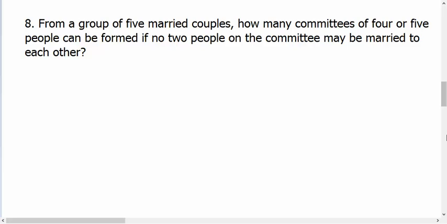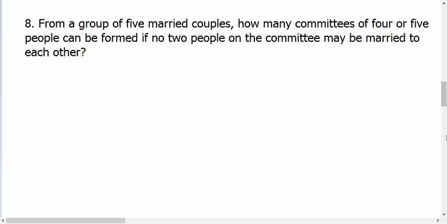Okay, so hopefully this problem allowed you to really put everything together all at once. It is a great review problem for everything that we've looked at today. So from a group of 5 married couples, how many committees of 4 or 5 people can be formed if no 2 people on the committee may be married to each other? So we've got the same constraint that we had in question number 2. We can't have 2 people that are married on either of the